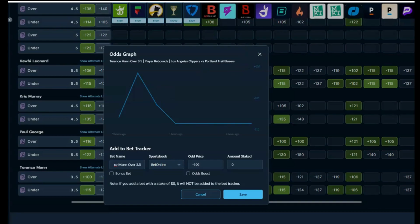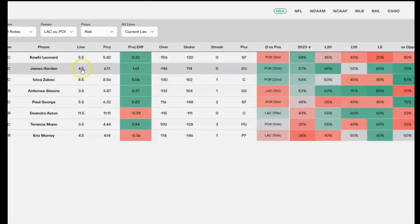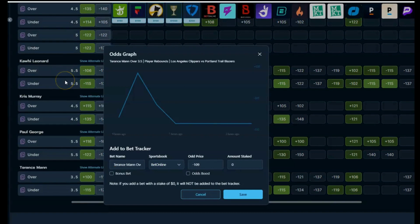The other thing that kind of convinced me is I did use a little bit of background research here. Terrence is projected to go at 4.5, and in the last 5 he's been hitting it about 60% of the time. So I think even though Portland being 16th, sort of middle of the range in this position for defense, it's something that's worth a shot. Very small bet, nothing crazy. Throw a candy bar on it. Don't get nuts. But this again is just a value bet, and when you're finding value,